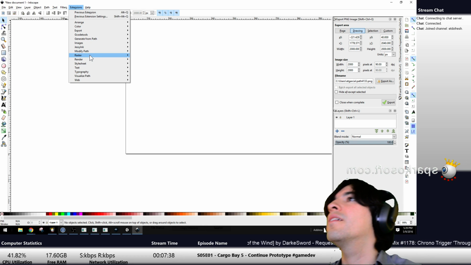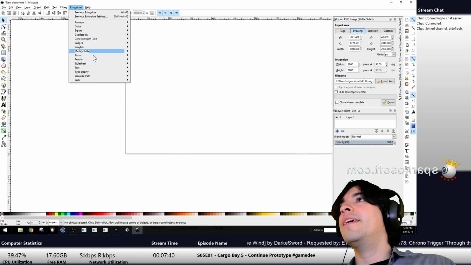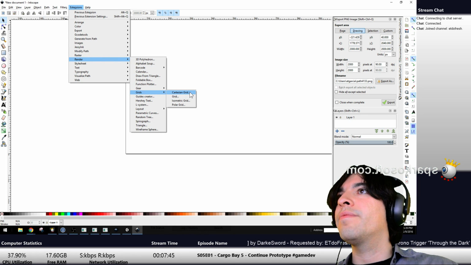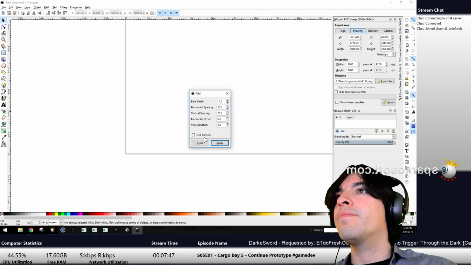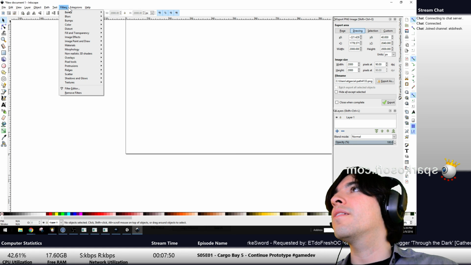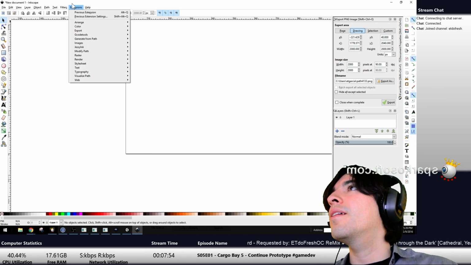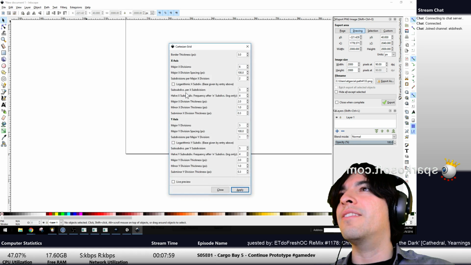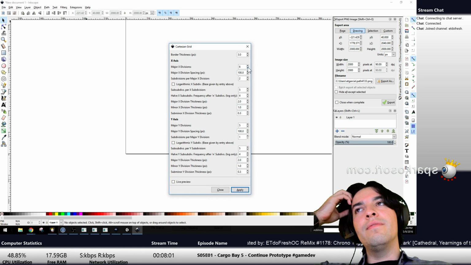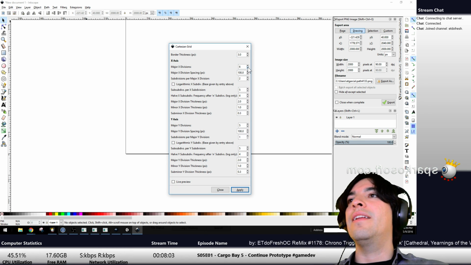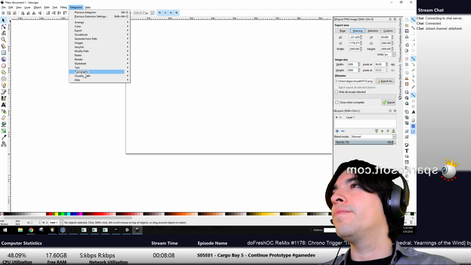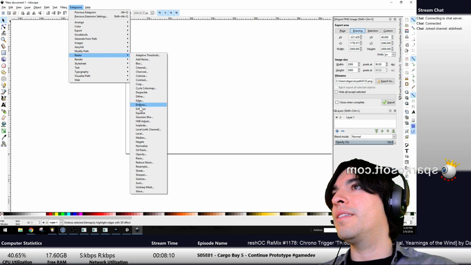Alright, extensions. What are we saying? Render, grid, grid. Ooh, what's a Cartesian grid? Maybe that's all I need. Man, not good at memory. Grids, Cartesian grid. Oh, it actually lists the numbers. I like it, but let's just do it with